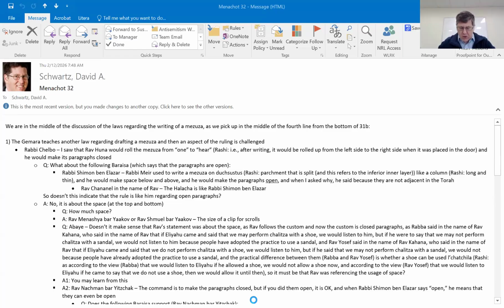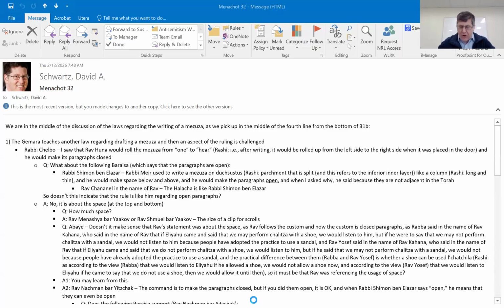Amar Rabbi Shimon ben Elazar, Rabbi Meir, Hayakosva al duchsustus kamindaf, that he would write his mezuzot on the duchsustus. Now the duchsustus, let's go over just a quick understanding of the nature of parchment. So parchment is made from the hide of an animal, and the hide of an animal can be split,